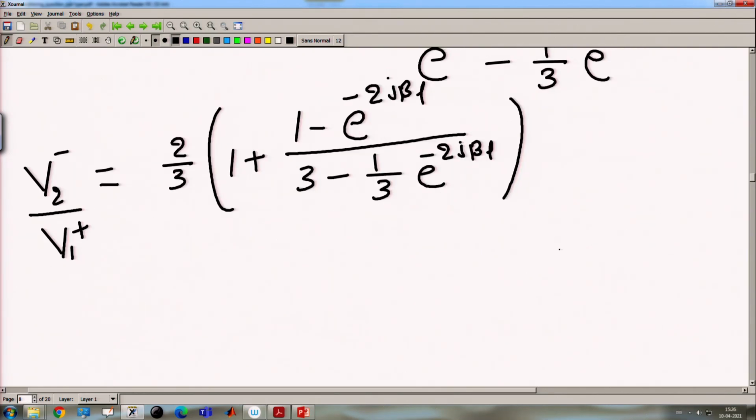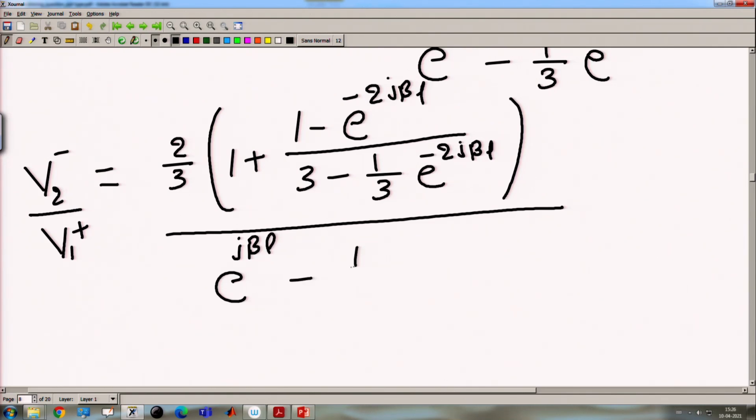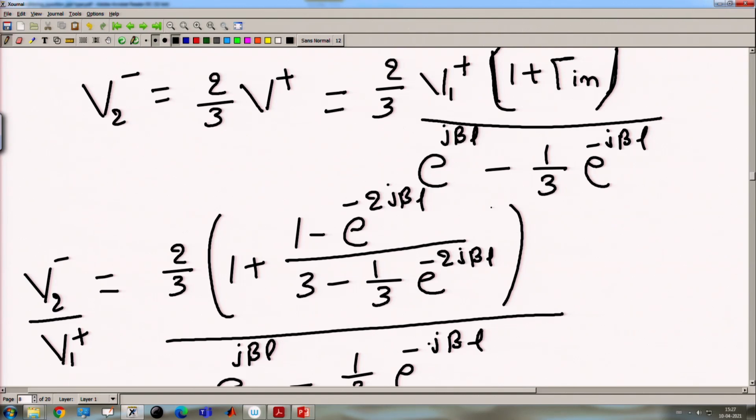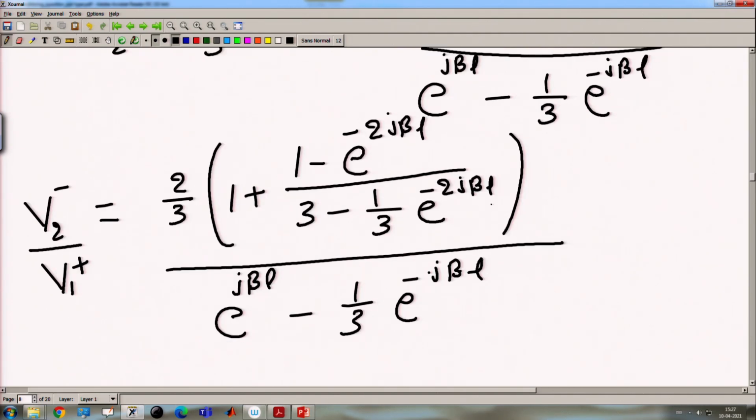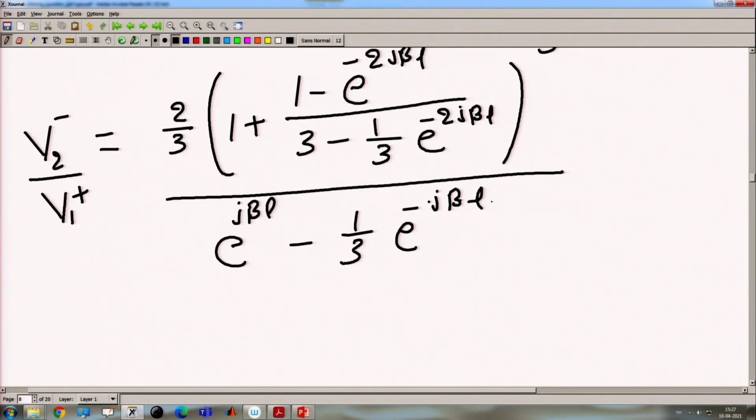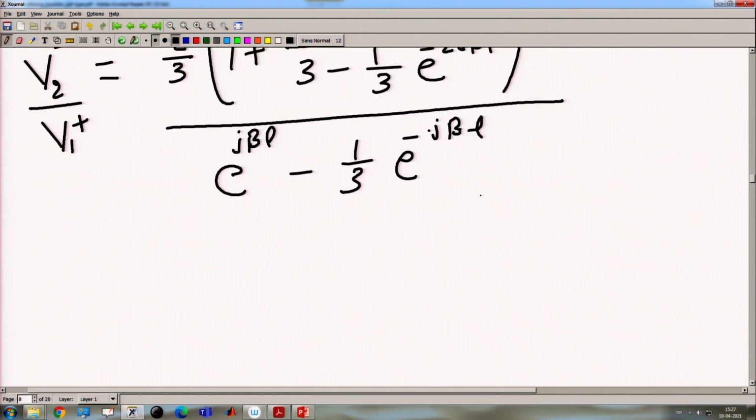We are substituting the gamma in value, divided by e to the power j beta L minus 1 by 3 e to the power minus j beta L. It is the same denominator. So, after solving this we will get,